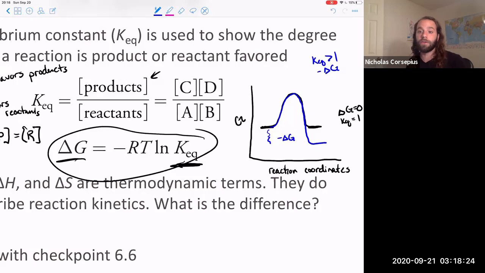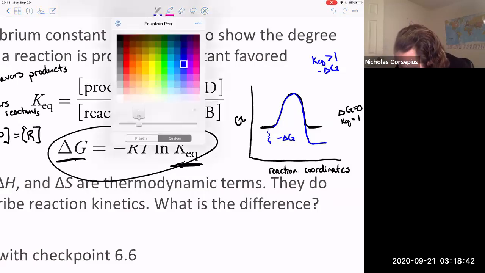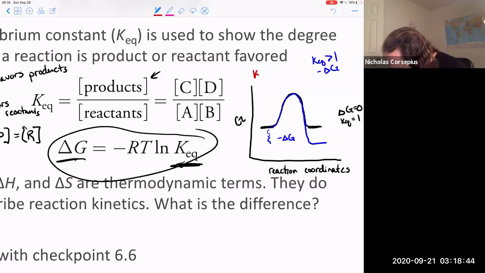right? If I have a KEQ that's way bigger than 1, it's going to be very favorable towards the products. That's going to be, you know, all the way down here or something like that. So the difference in our free energy diagram will correspond to the actual distribution of products to reactants that you get at equilibrium. Likewise, just to sort of complete this here, when we have a KEQ